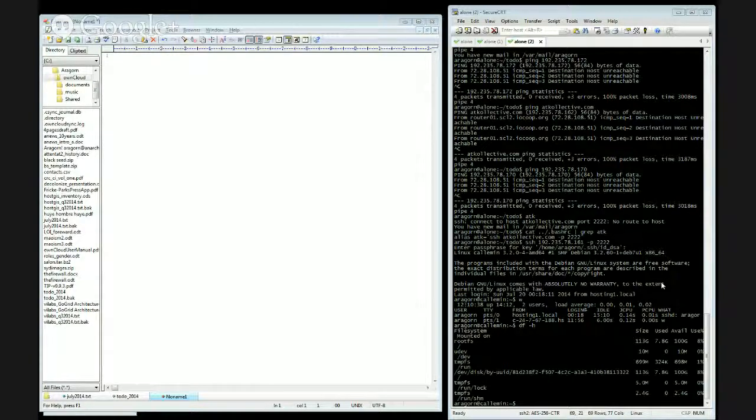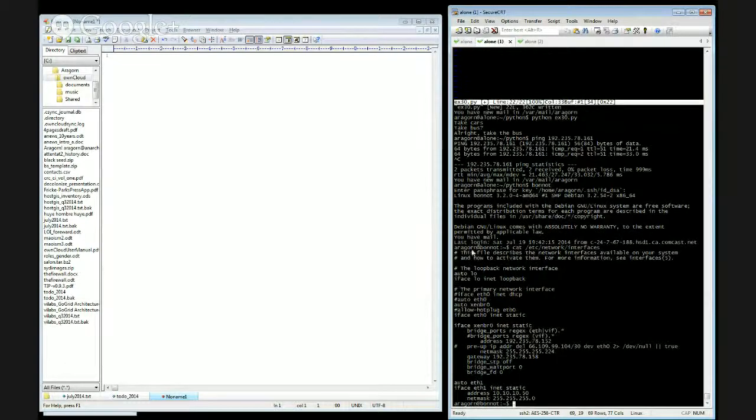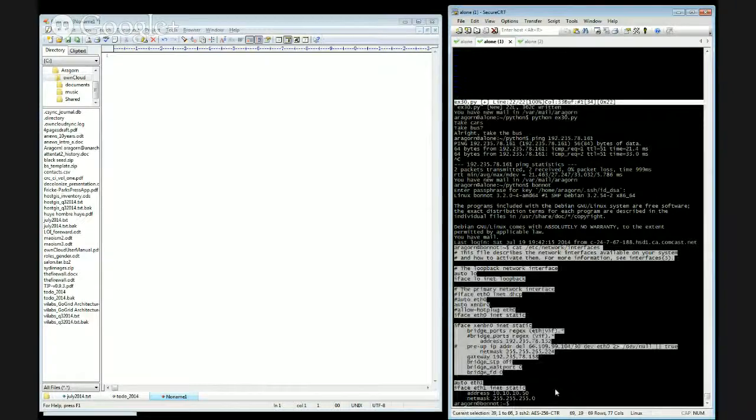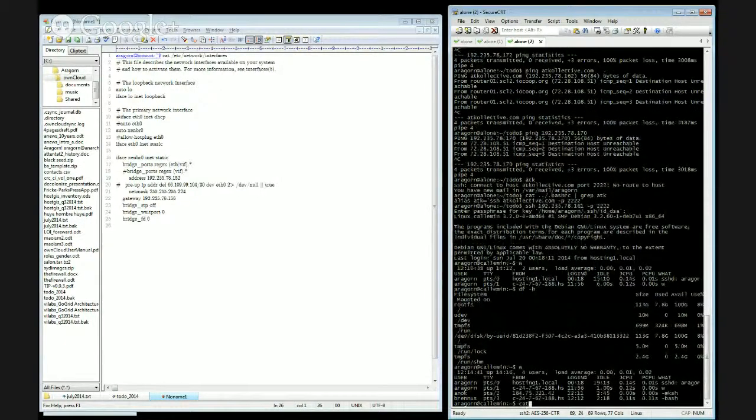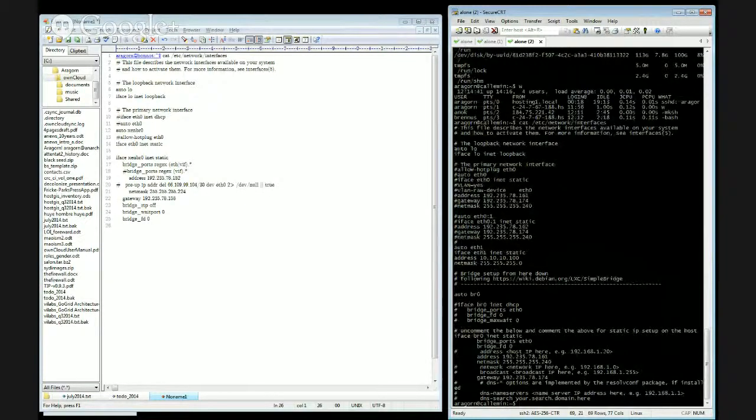So to start with, I'm just going to show you all the network configuration for, so you can all look at that. That's the network configuration on Beno, which is my other Xen server. And then you can obviously do the same thing here on our server and see where the similarities are. Actually, I'm